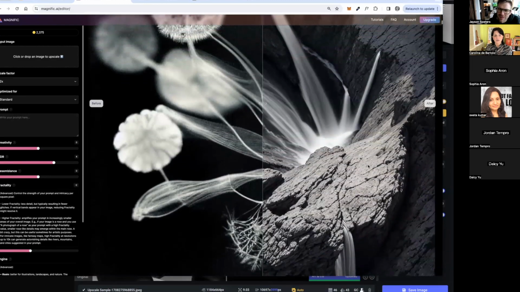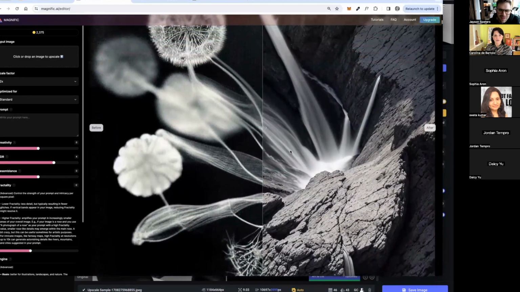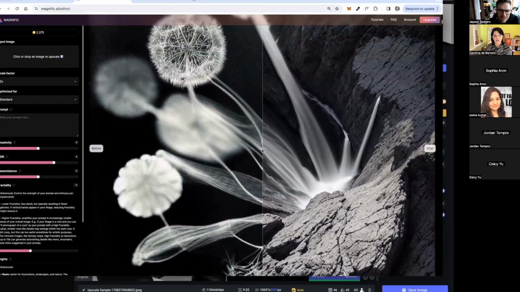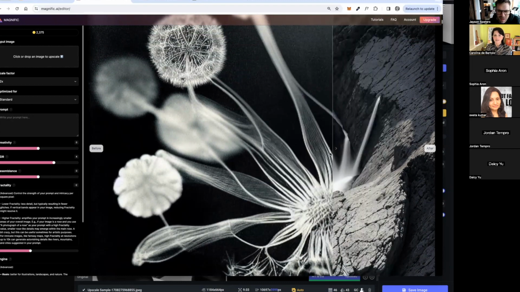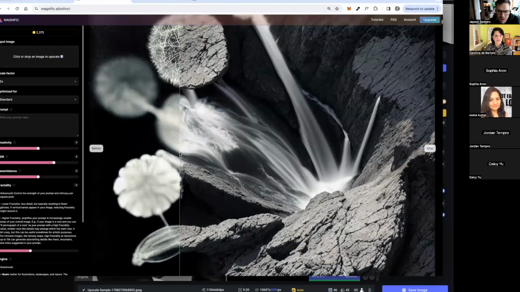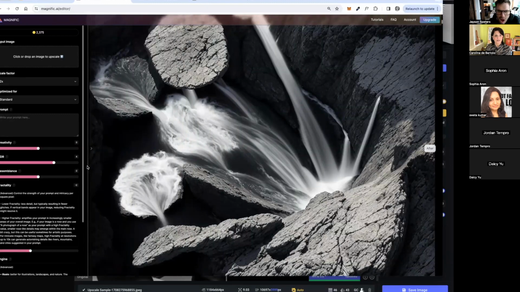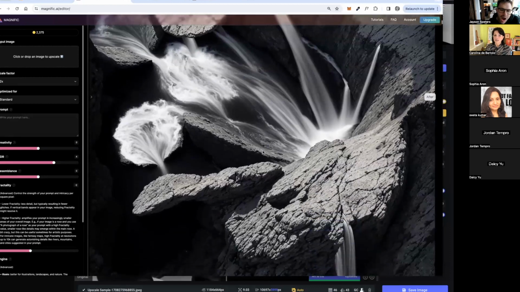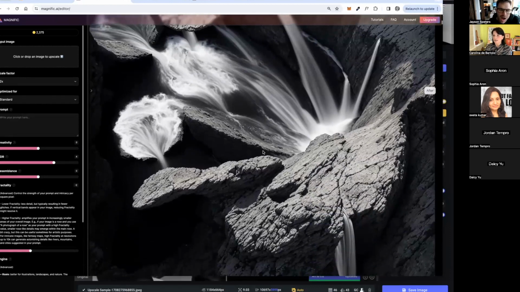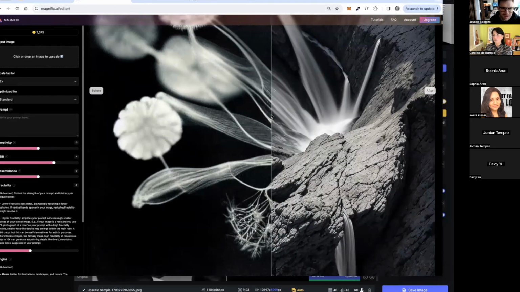And then this one is one that I was going to show you in Visual Electric that I had upscaled, and I wanted sort of high fidelity. But this one I put more creativity on. It was an image of a dandelion with dandelions growing on it, and when I put high creativity, it turned it into a waterfall with stones and rocks and stuff. So really kind of unusual, weird. The creativity can really change your image entirely, depending on what you want. And for me, usually I don't want that, but if you did want that,